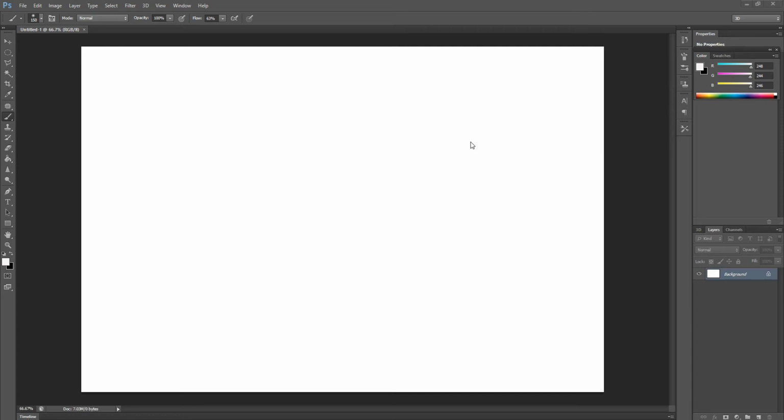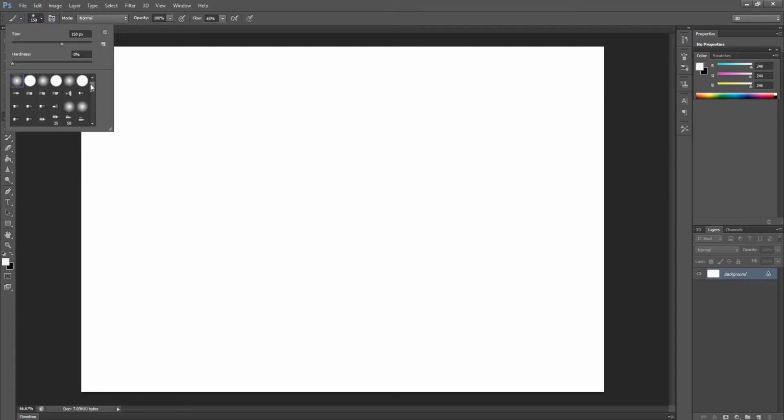In this video, I am going to discuss the brush tool in Adobe Photoshop. This is one of the very important tools for designers to make sketches and their shadings. So let's start. Brush tool, the shortcut key of brush tool is B, and at the top of the brush tool there is an option. Here is the option of different kinds of brushes.